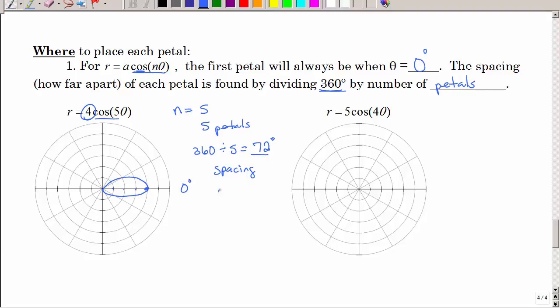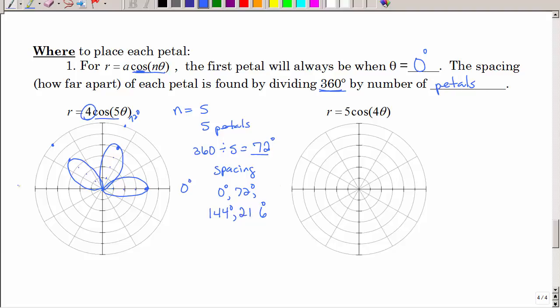The next one, so 0, then 72 degrees. And you're just going to approximate it. So about here. So you're going to go out 1, 2, 3, 4. You're going to have another loop. Then you're going to add 72 degrees, about 144. So about right here. You're going to add 72 degrees,